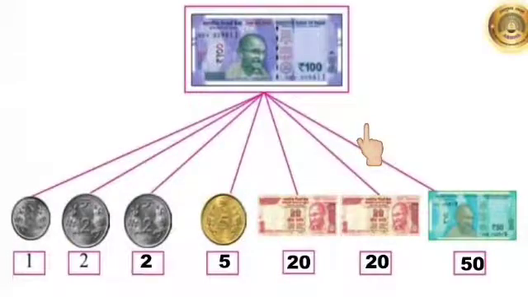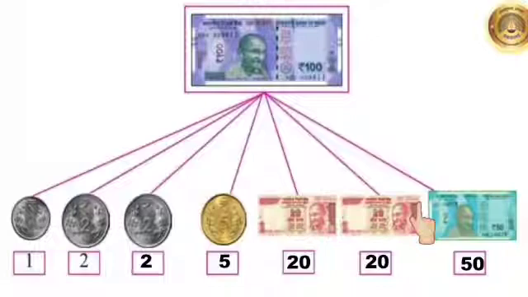Children, Yash and Rama have come to their uncle's village with their mother. There is a fair today. When they left for the fair, their uncle gave them 100 rupees each, Yash and Rama. Then Rama went to Nandu Kaka's shop and asked for change. Then Nandu Kaka gave her all these coins and notes in exchange for 100 rupees.